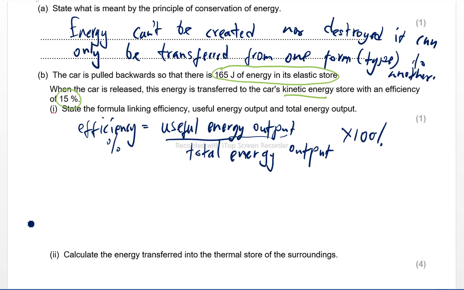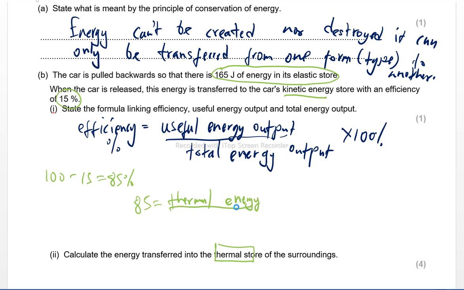The way we do this: we have 100 minus 15, which is 85%. Okay, so 85% is given out as wasted energy, right? That is the thermal, isn't it? So I can write it as 85 equals thermal energy